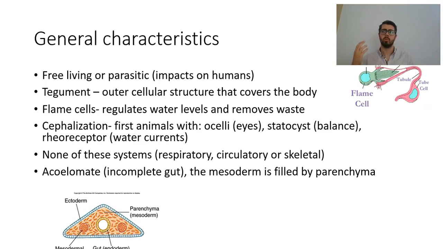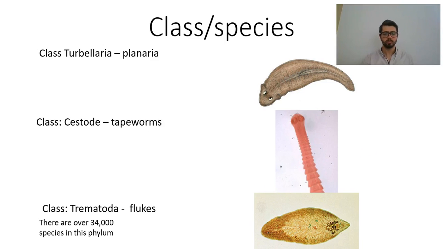Whenever we see an entire digestive tract, that means that numerous different meals can enter and be processed at the same time, compared to an incomplete gut, which only allows the presence of one. And finally, the mesoderm is filled by parenchyma within this specific organism. So there are three different classes